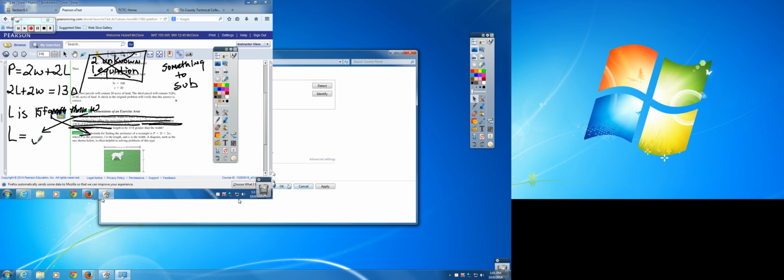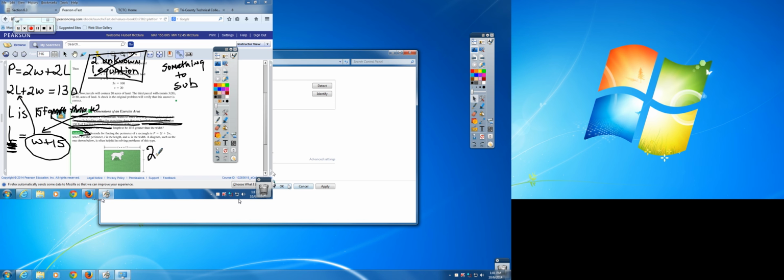And that's W plus what? W plus 15. So if length is equal to W plus 15, what am I going to do with that W plus 15? I'm going to plug it in for what? Yes, for the length. And that's going to give me